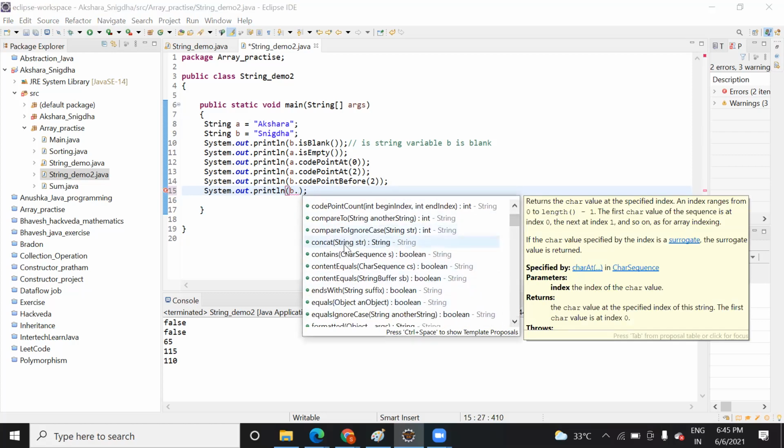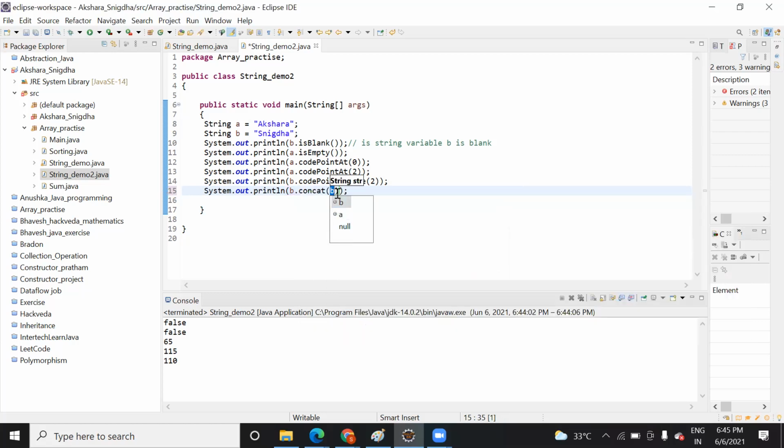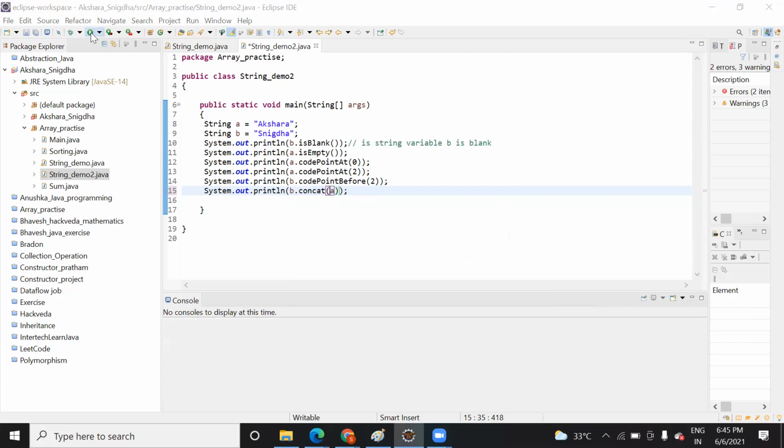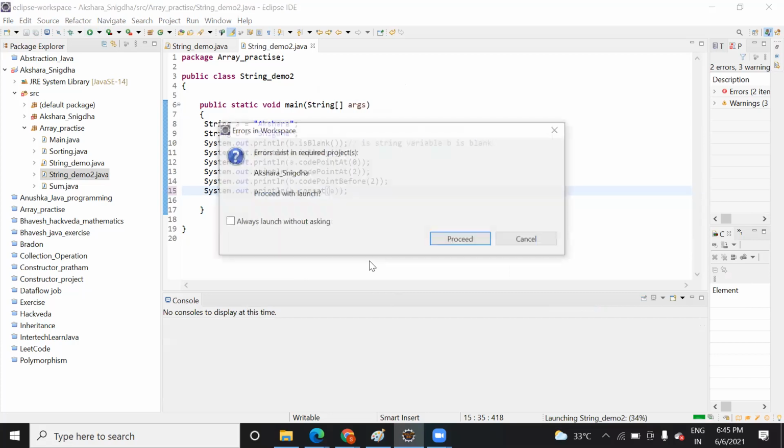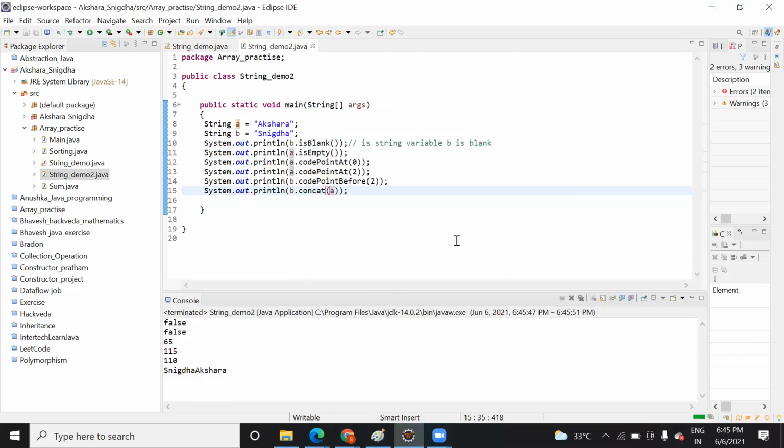If you don't remember, you can simply use the suggestion of the function here, and let's try it. So when I run it, let's see what we get. You see that it has concatenated both of your names, right?